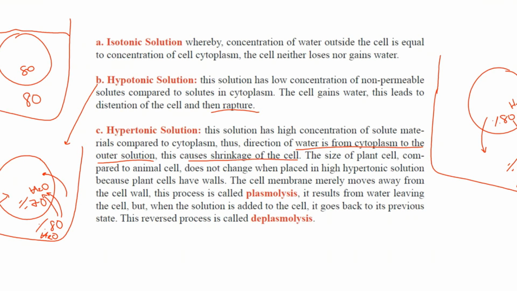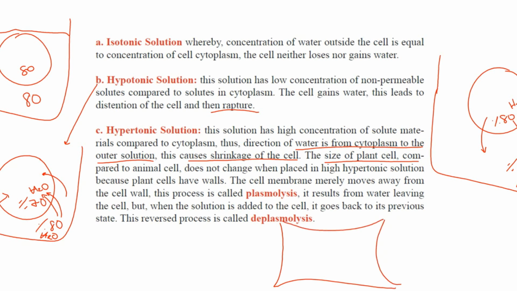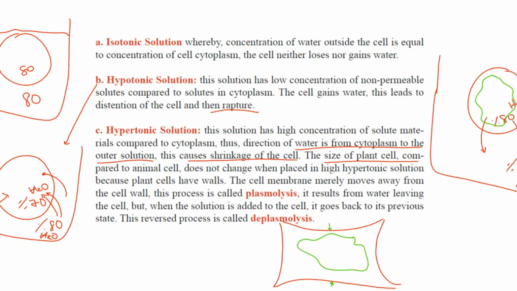Cell size gets smaller. But the size of a plant cell, compared to an animal cell, does not change when placed into hypertonic solution. Why? Because plants are covered by a hard cell wall. The cell membrane inside the cell shrinks, but the hard rigid cell wall does not bend, so the size of the plant cell does not change. But in animal cells, as they lose water, size gets smaller and smaller. We can see only the cell membrane move away from the cell wall, and this process is called